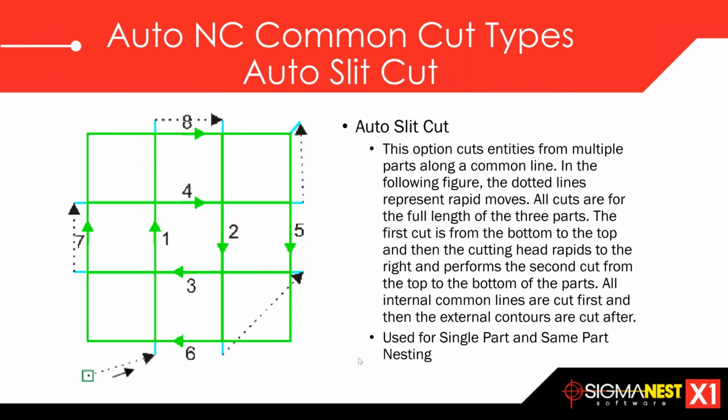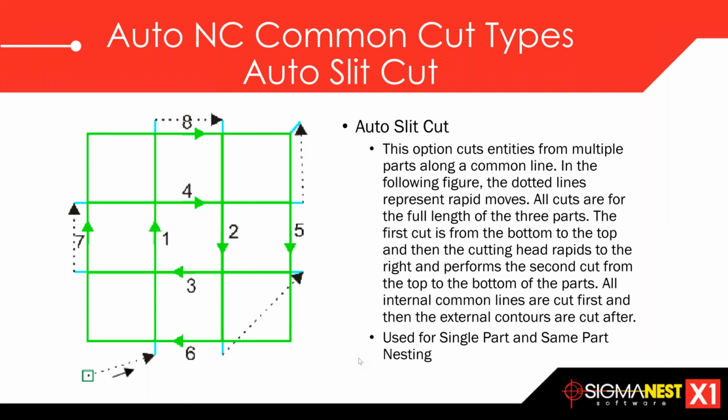The next option there, type, is going to be the auto slit. What this does is it does all of the internal cuts first and then cuts around the outside. This can be used for single part, same part, and multiple part nesting types. This is the fastest way to cut common line cutting, but it's the least accurate